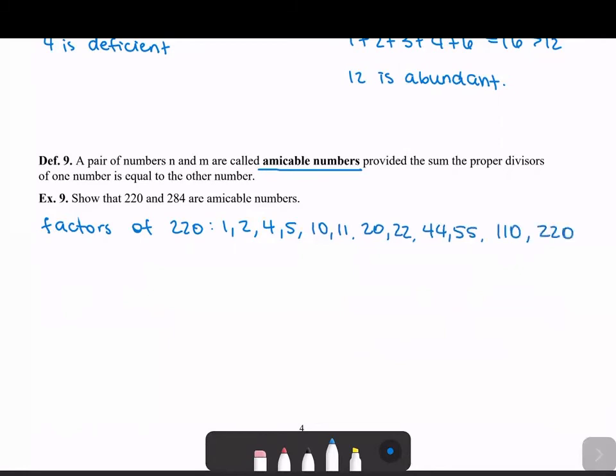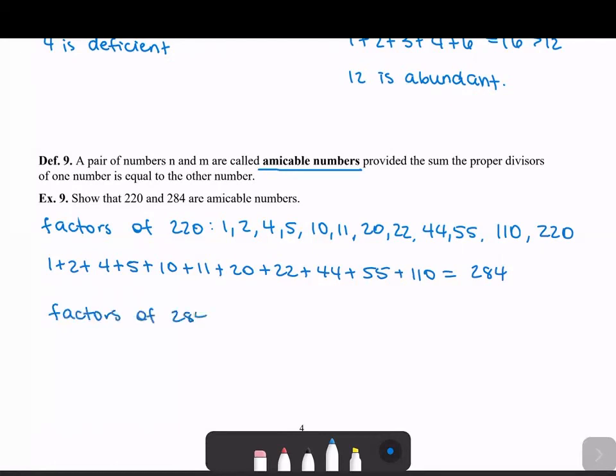So if we sum up the proper divisors of this number, if we look at 1 plus 2 plus 4 plus 5 plus 10 plus 11 plus 20 plus 22 plus 44 plus 55 plus 110, we will get exactly 284. Okay, so at first this may seem like, big deal. That means that this is an abundant number, but why do we care? It's because if we look at